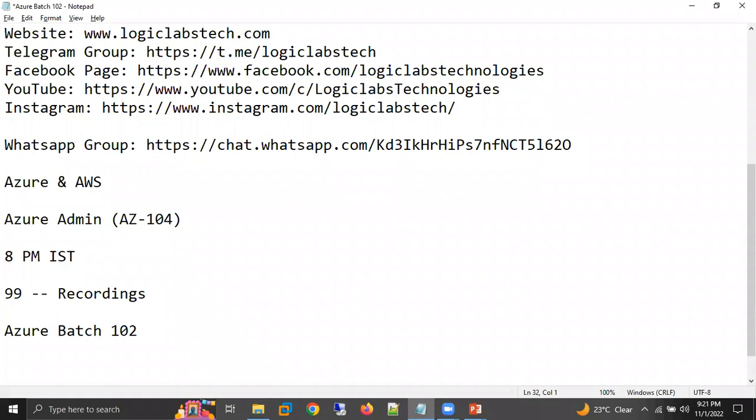Let me tell you one thing. Both are cloud platforms. AWS is a cloud platform, and Azure is also a cloud platform. Both clouds have the same concept, because I'm working in both clouds, so I know it very clearly. Terminologies are also the same, but yes, they vary a little bit. They have done it as per their own technology. So there is no big change, but yes, a little bit of changes we have.